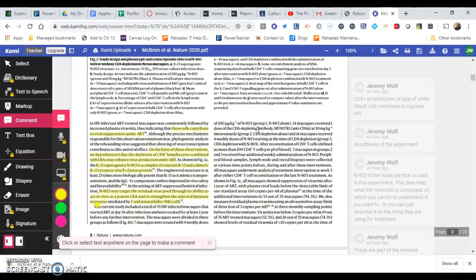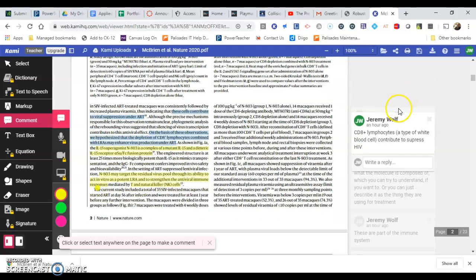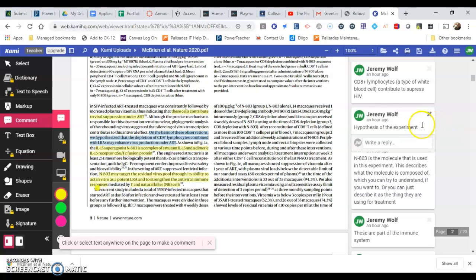So then I keep going down to this part, and this describes for me in more detail about what's going on. So I learned here that CD8 lymphocytes, which are a type of white blood cell, contribute to the suppression of HIV. And then I learned that this is the hypothesis experiment, because it says on the basis of these observations we hypothesized. Okay, so they are going to deplete the CD8 plus lymphocytes, and then they're going to combine that with the latency reduction, and then they're going to try to enhance the virus production under this